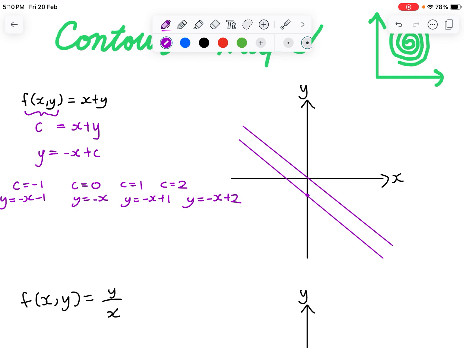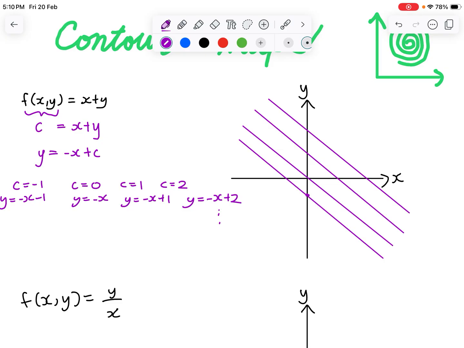overlaps. So we have y equals negative x plus 1, so that means a y-intercept of 1, and then y equals negative x plus 2. So notice how the slopes are all the same, and this is kind of what a contour map is. And yeah, there you have it. If you want more c values,